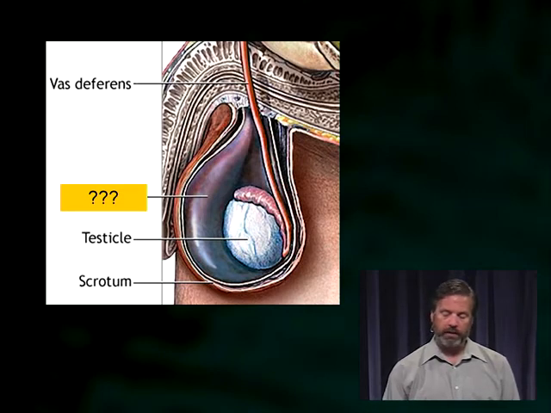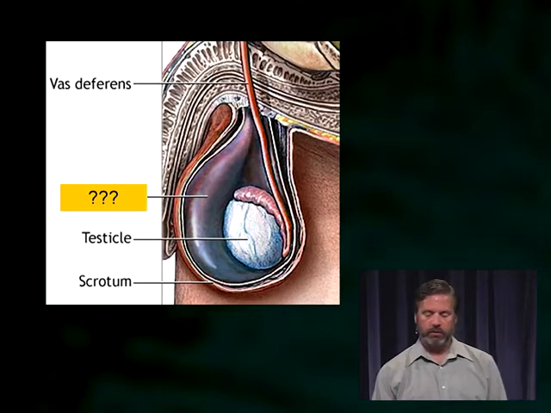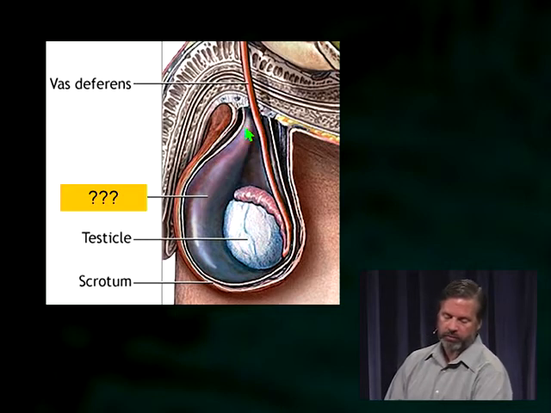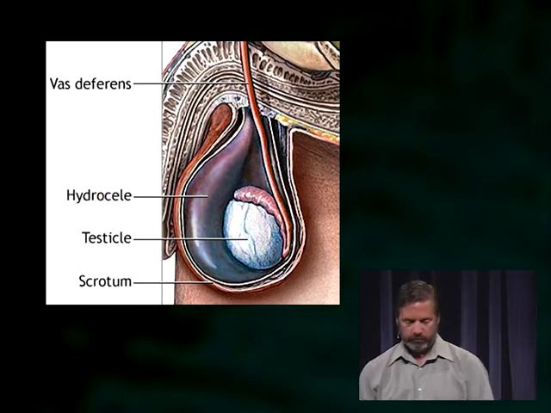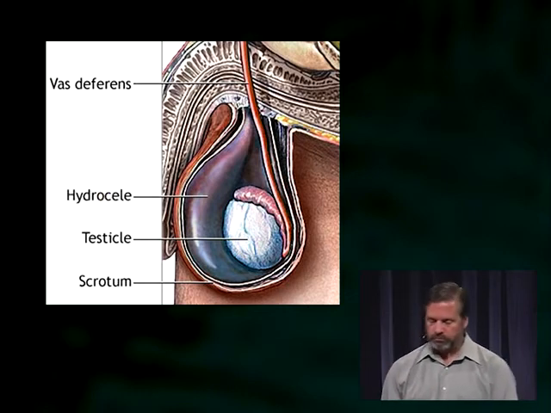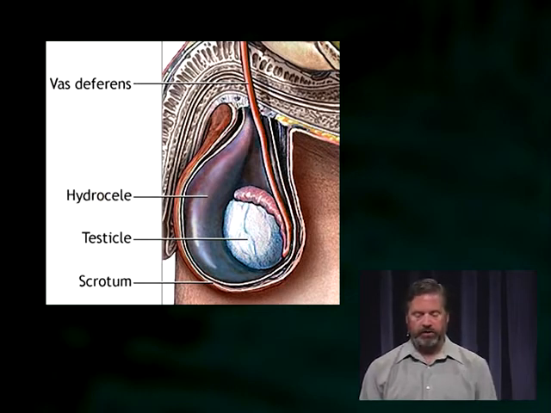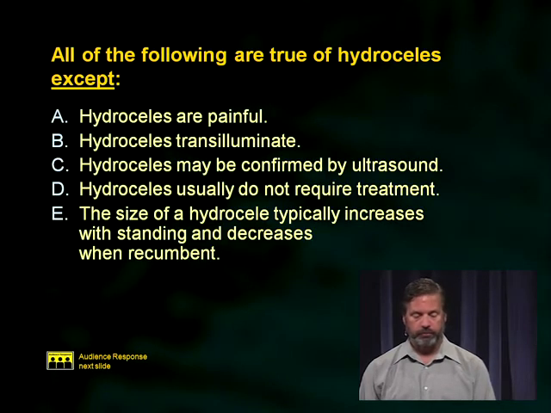So think about what that might be. That's a pretty good-sized mass. It's not associated with the testicle. It's independent. You can see there's a connection up in the superior pole. It doesn't involve the vascular supply. So that's a hydrocele. Very common, and as I pointed out, it tends to be associated with changes in position. So the patient will typically tell you that when they're lying flat, they don't notice it, but when they've been standing for a while, they notice this mass in their scrotum.